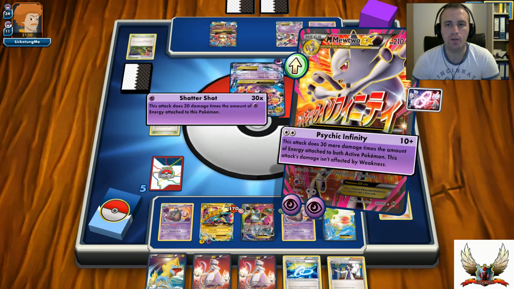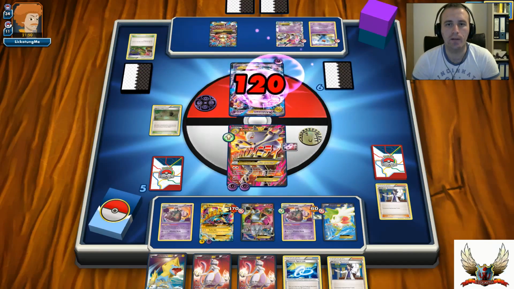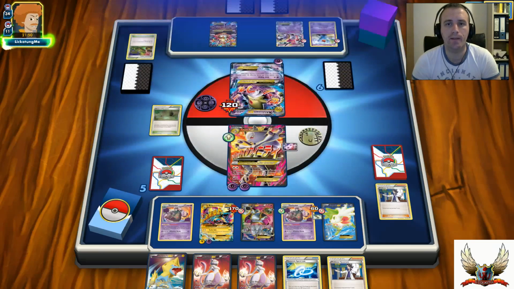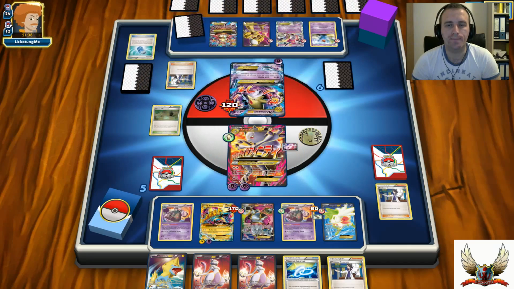Or maybe just with a Shatter Shot. 120 or 100. So better for the 120, I guess, since I can apply weakness. And next turn I can actually knock out his Mega Alakazam. I also have another Garbodor ready just in case he knocks out this Garbodor. There's another Alakazam and Professor Sycamore for the 7 new cards. Which is not good because if